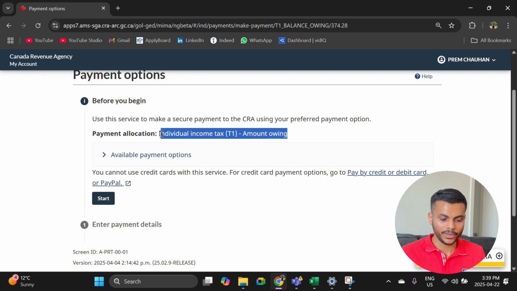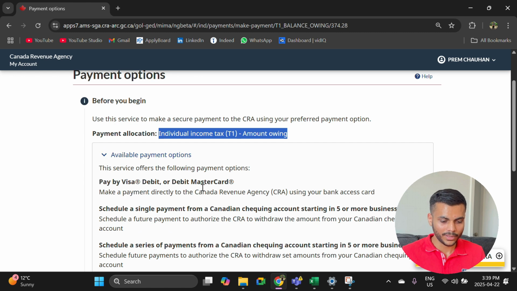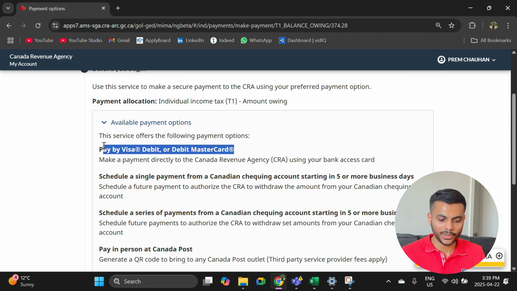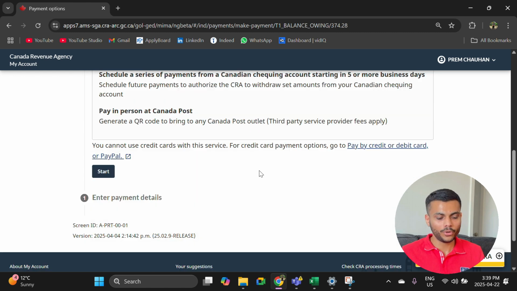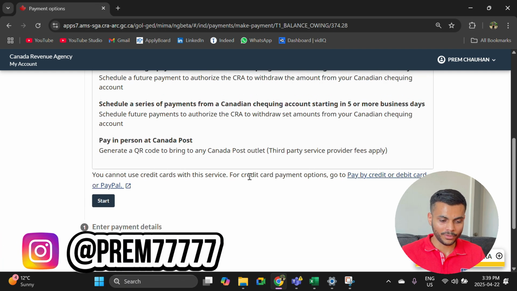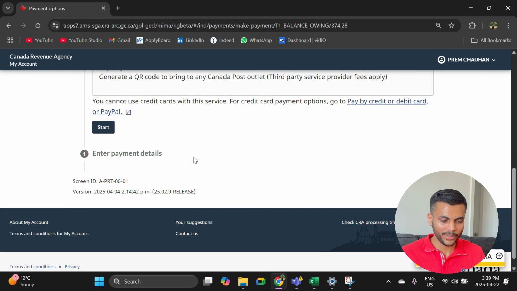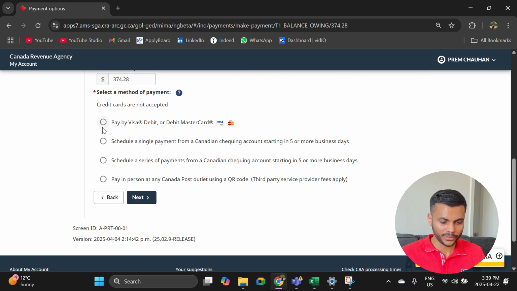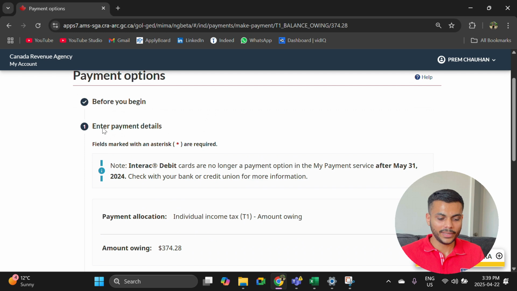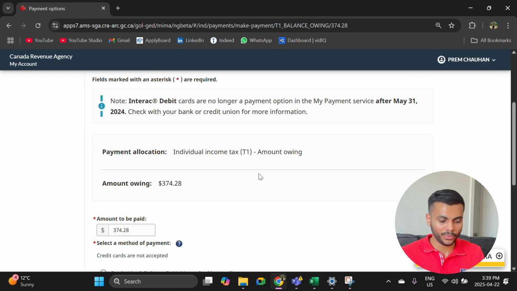It will fall under individual income tax T1 amount owing, with available payment options. The most common one here is Visa Debit or Debit MasterCard. If you want to pay using a credit card, then you have to go through another process or another link. So let's say I will assume that you will be using your debit card. Then you will click on start process, and automatically from my notice of assessment, the amount is entered here,